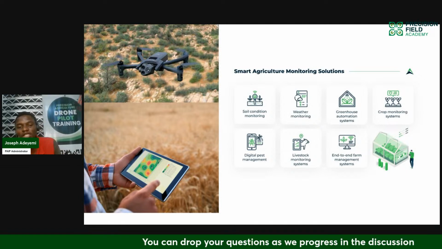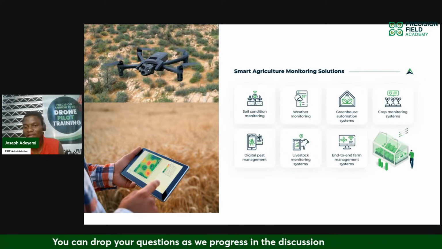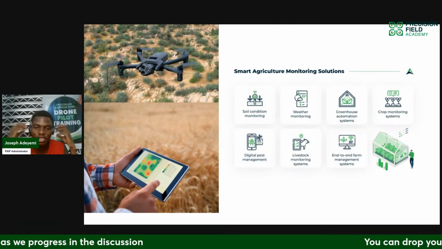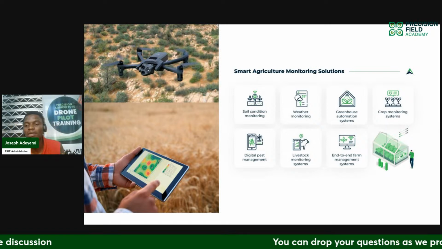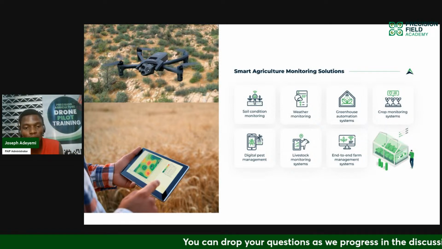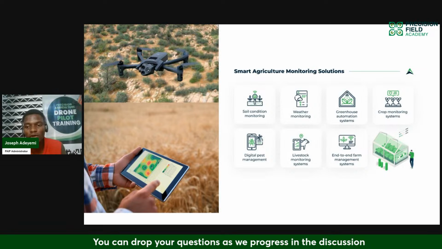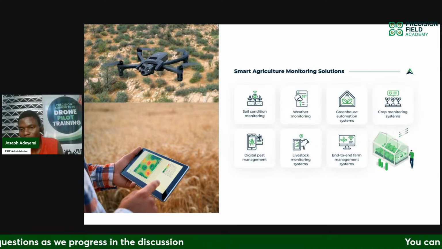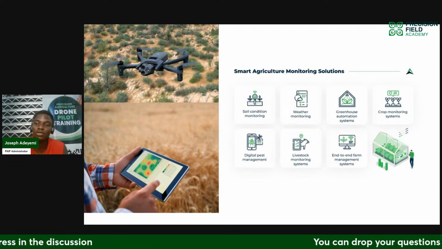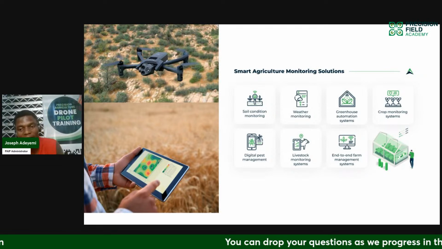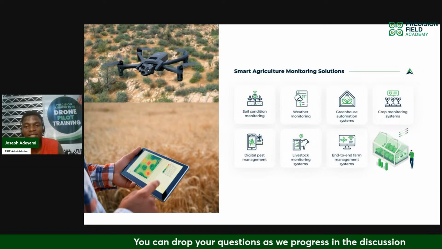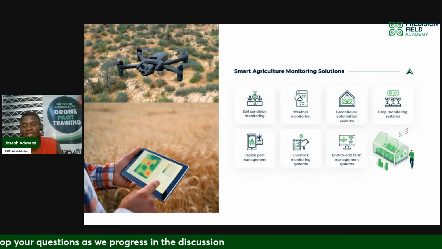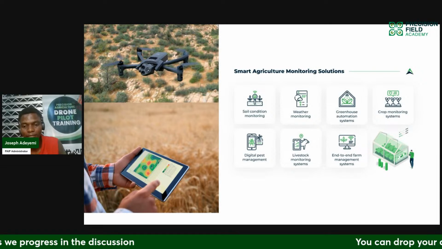After the germination rate, maybe in 2 weeks, 3 weeks, while the plants are growing, you can also still bring it in to do pest infestation detection, to detect the pest rate, to monitor their growth rate, monitor the crop health, plant stress, and all of this information. And if you detect pests, you can also still bring in a sprayer drone to spray this crop, to address this pest issue. So this is what is known as the end-to-end management system.